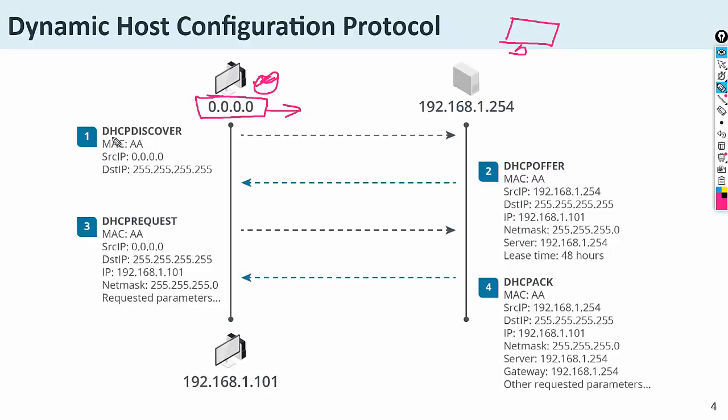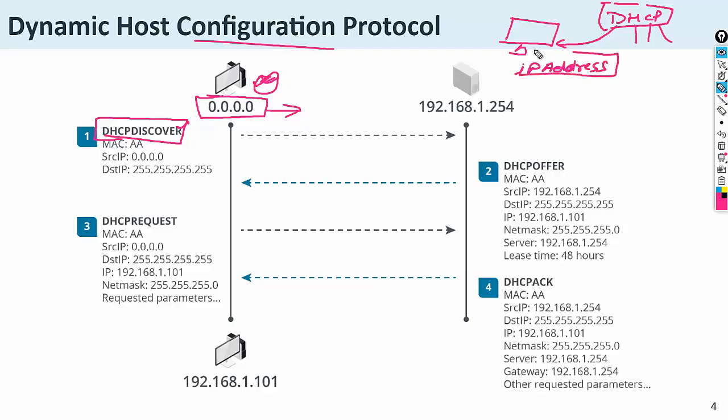It will discover any client which is actually connected to the network. In the network, first it will discover the DHCP server. And what is the DHCP server? The DHCP server, the full form is Dynamic Host Configuration Protocol, will provide some configuration to the client, including the IP address. Some other information will also be provided to the client.